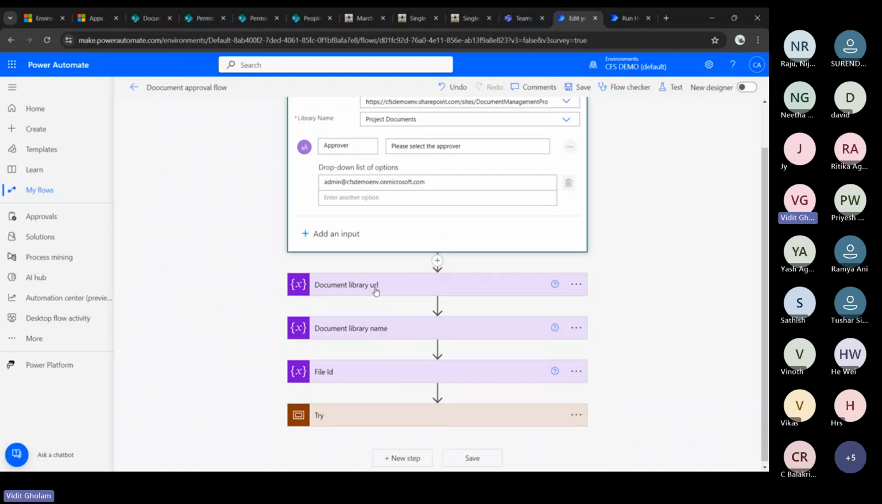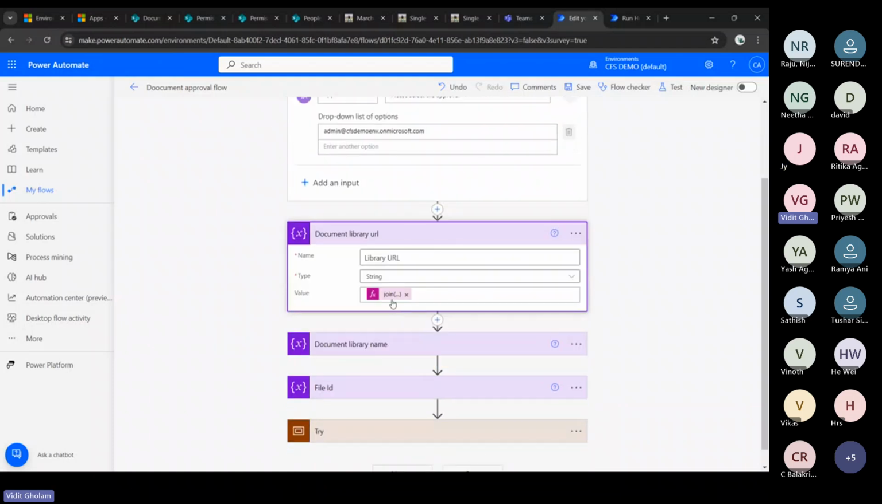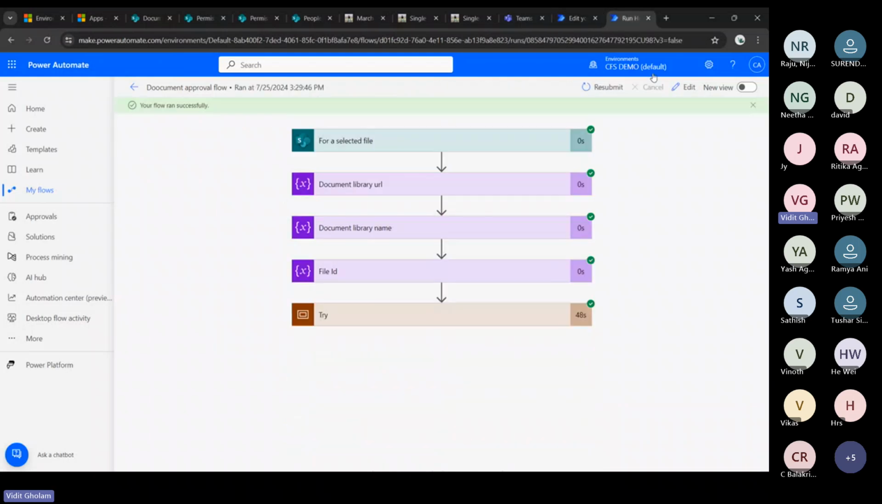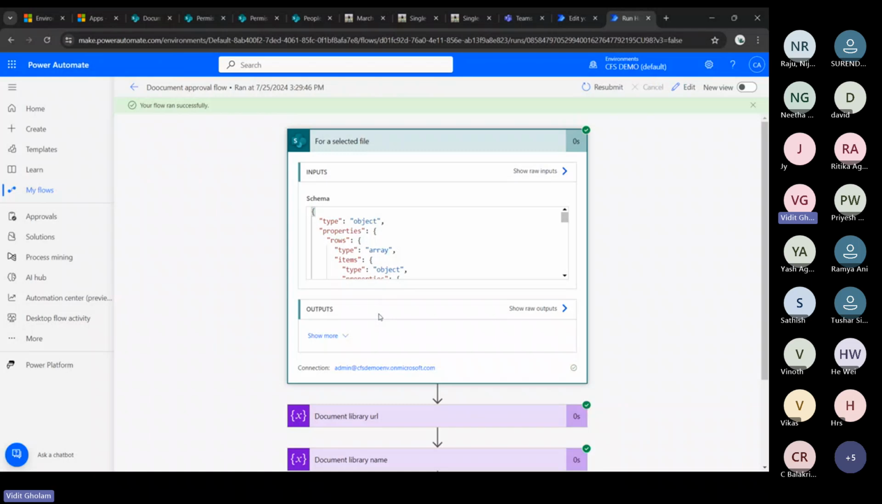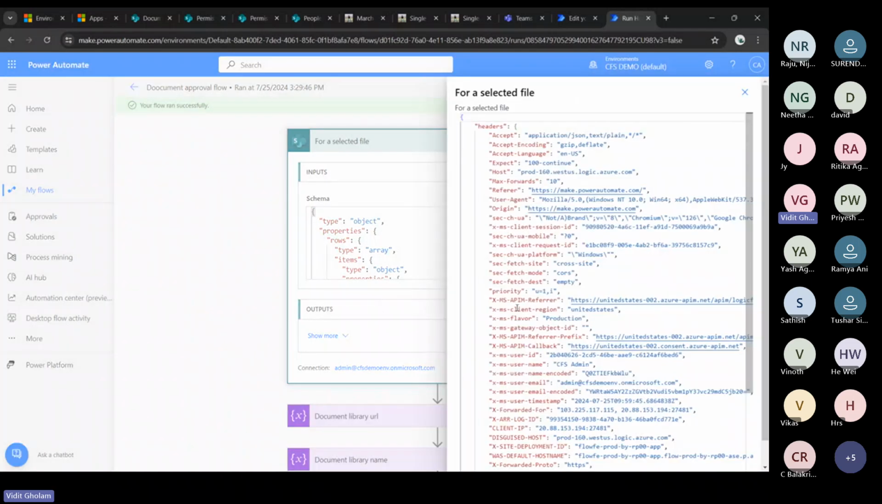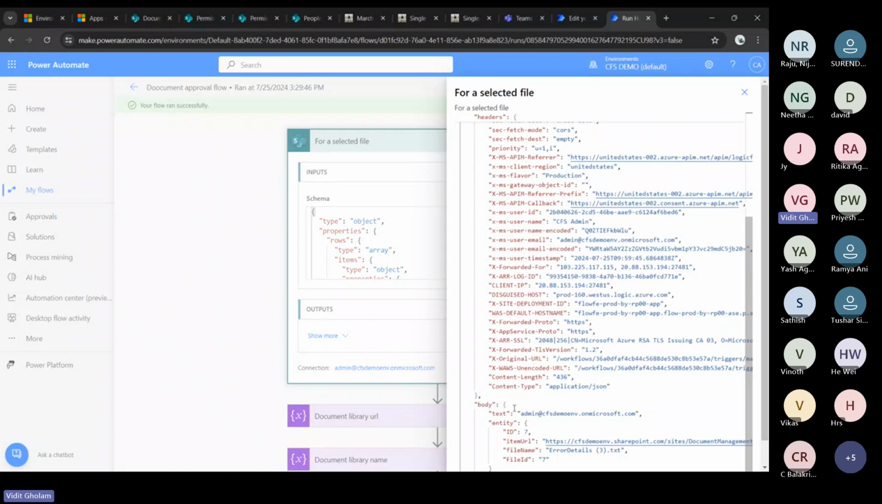So I have a few set of expressions that I've written. So let's go to the run history here. I ran this flow from a document library that we just saw. If you see the output of this flow, inside of the body, we get the item URL and the file name and the file ID. So if I copy this item URL from here,